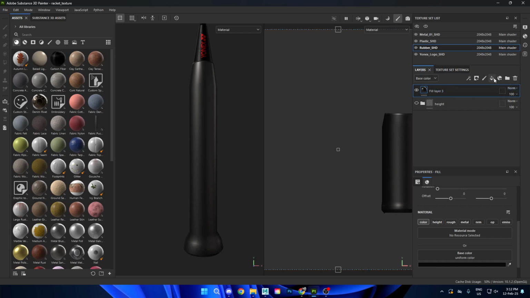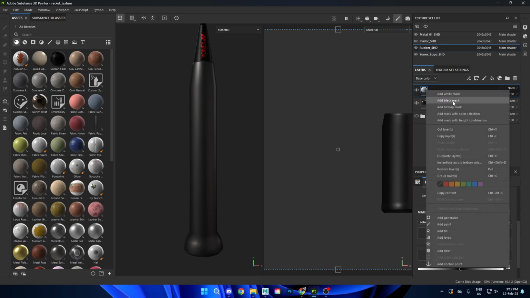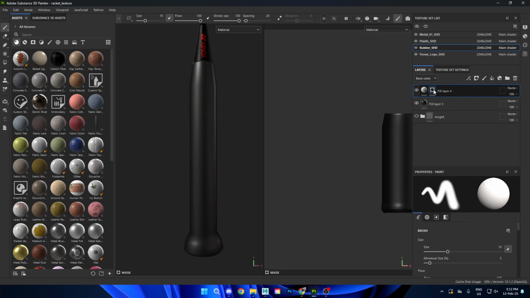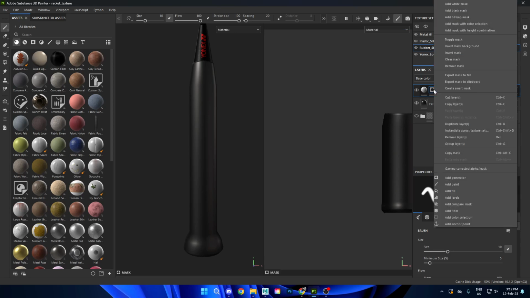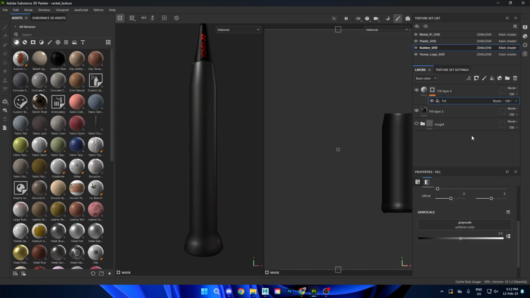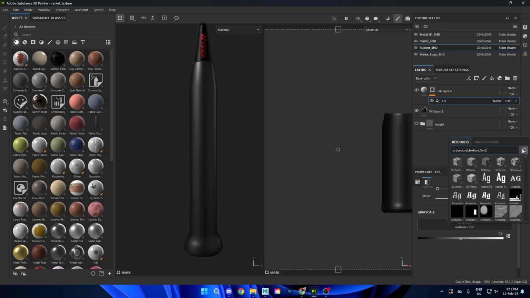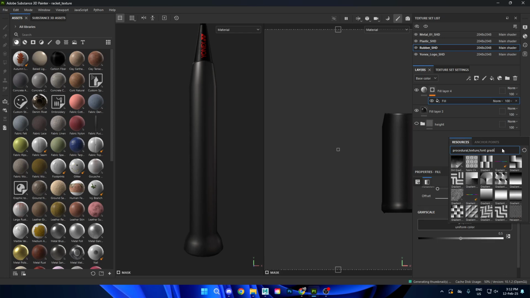Okay, so for this handle, the main part is the height. So we create another fill layer. This one we just use height. For the height layer you can add a black mask, and then we can add a fill layer. Inside the fill layer